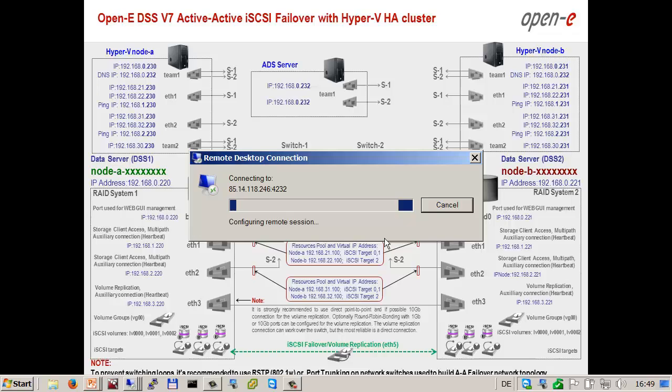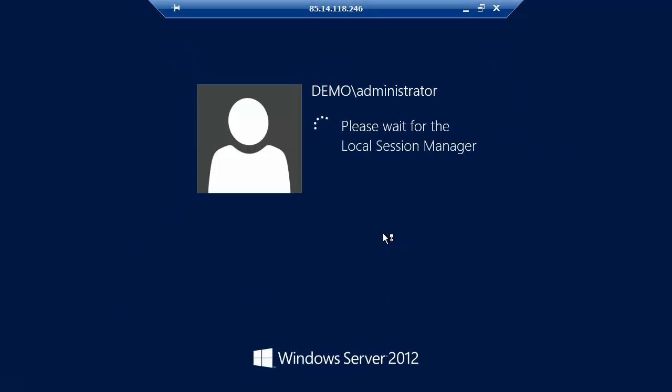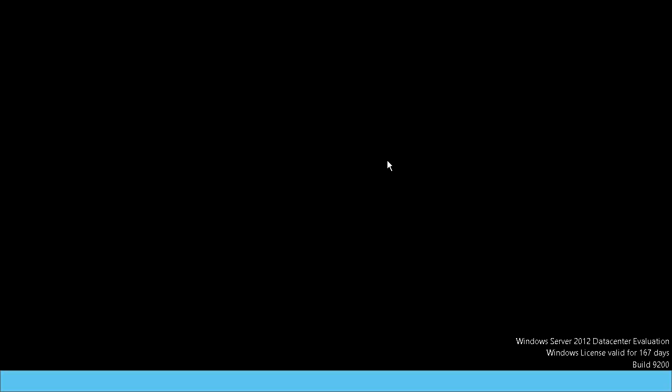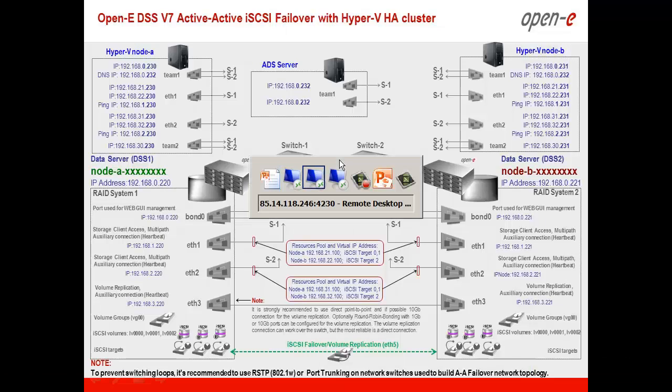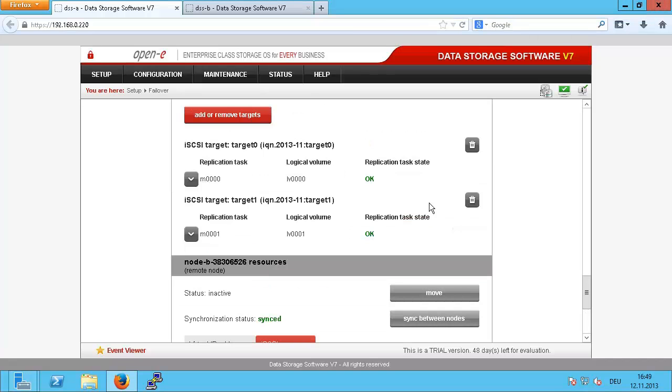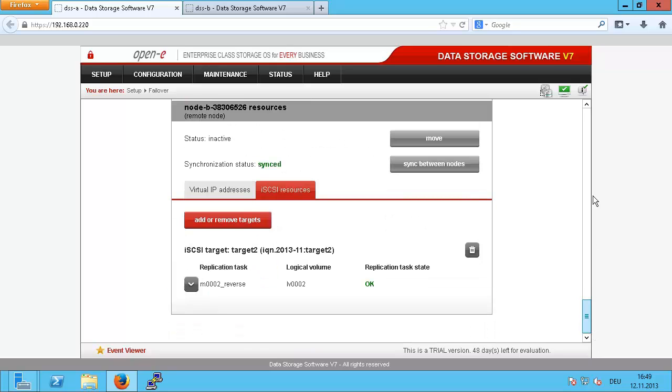Yeah, you see now demo/administrator. We will wait until it starts, and now I come back to my node A, and now you see everything is ready to start the cluster, ready to start. So we start our cluster,